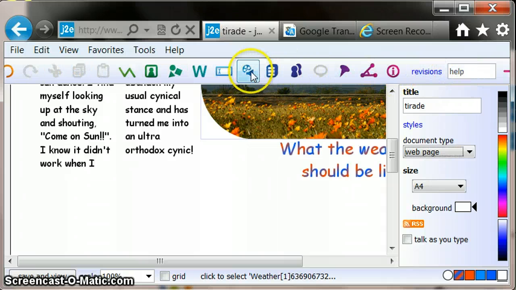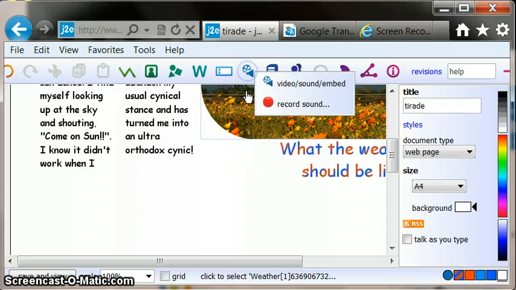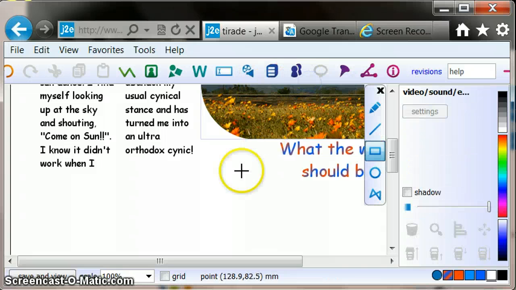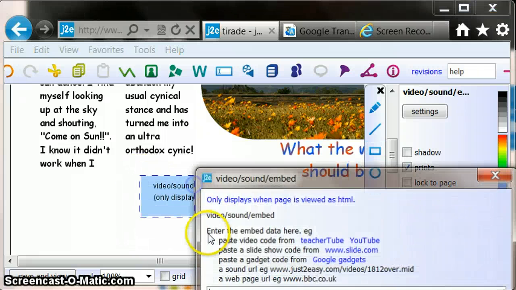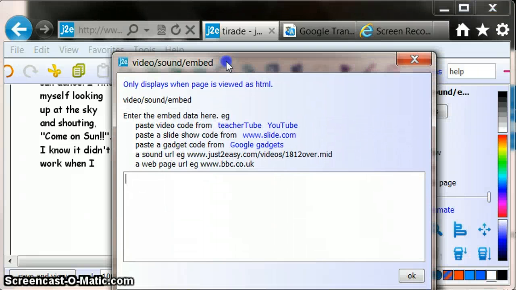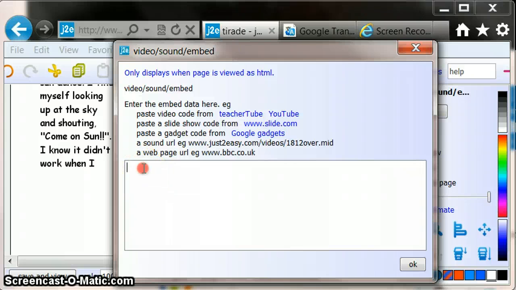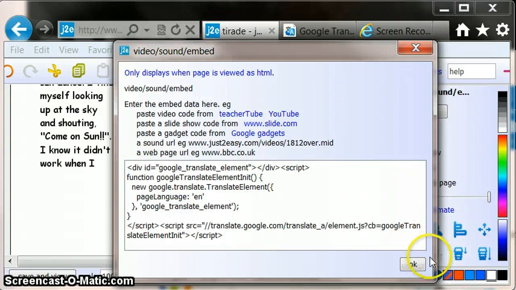So the tool we need is this one, which looks like a palette and a triangle, and if you hover over it, it says record a sound or embed a web URL. So we're going to embed some code, so that's what I need. I'm not recording a sound, so I'm just going to choose the top one, drag out a little square, it doesn't really matter how big that is, and then when this box comes up, right click and paste and just